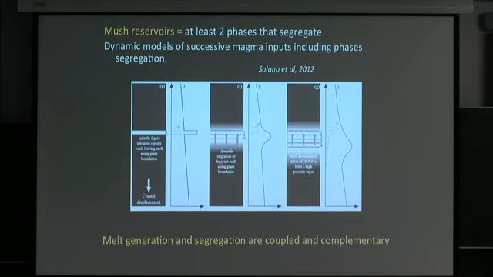So as injections are being underplated below the reservoir, they progressively heat up the crust. They cool down and heat up the surrounding material. When an injection occurs at the base, it forms a porous wave that ascends through the system and that reacts and equilibrates with the surrounding material. So what is interesting here is that this porous wave progressively leaves behind a mafic residue. So in the end, this model can explain